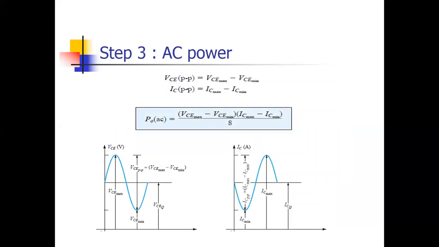AC power is again the same. AC power means now we are applying the AC input. Now, in this case, the peak to peak value changes. Peak to peak value is VCE max minus VCE minimum, IC max minus IC minimum. We have not shown RMS, peak here, that concept is already clear to you. Now we are taking the peak to peak expression directly. In peak to peak, if you remember, V into I by 8 was there. That V is VCE max minus VCE minimum, and I is IC max minus IC minimum. So by this expression you can calculate the AC power.